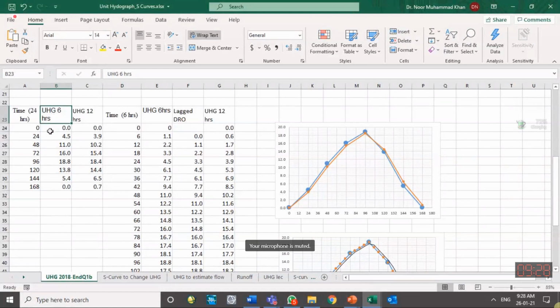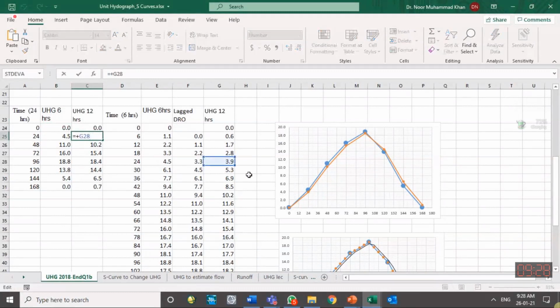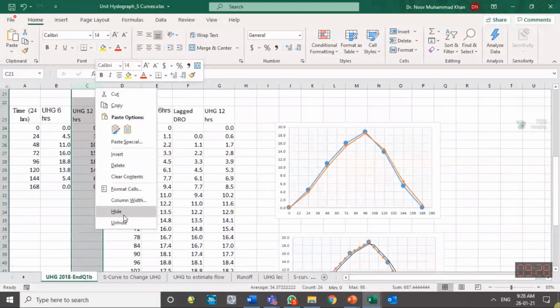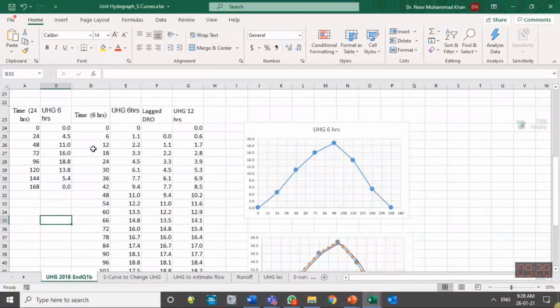A storm of 6 hours. We want to convert it into a unit hydrograph of 12 hours. This is not with us at the moment. So what is the method in the lagging method? Draw it, if the time duration is different, if it is 24 hours, 48 hours, then by interpolating, draw it into a 6-hour step duration unit hydrograph.